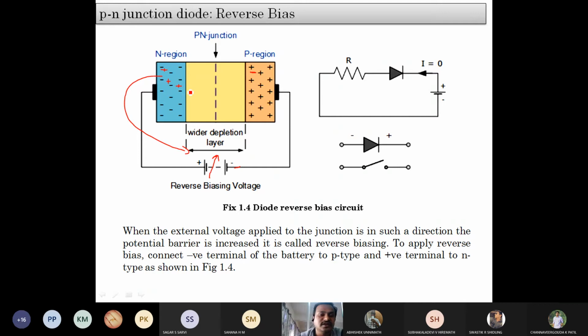So what about the condition of these minority charge carriers? If I talk about electrons, the electrons which are minority in P region, obviously they are repelled by this negative terminal. So ee kade ankaru barak saadhilla, they never come in this direction because both are negative, they just repel each other. Obviously they have to cross this barrier and reach N region. Okay, but cross ಮಾಡಬೇಕಂದ್ರೆ the resistance of this barrier is going to oppose those movements.